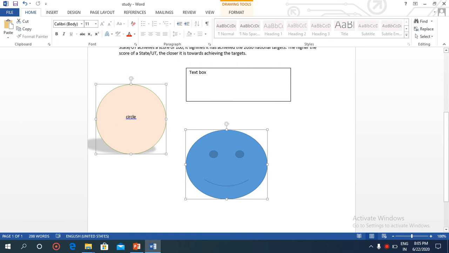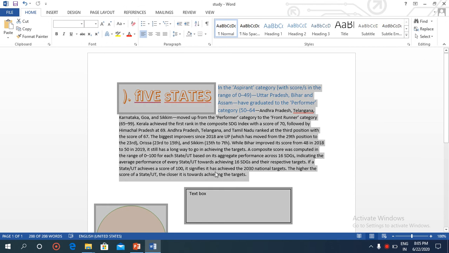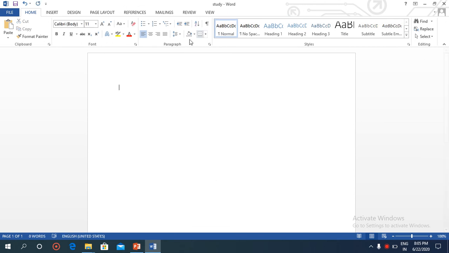So now we are going with the next topic, that is smart art. Let's clear the images from here, so that we can understand the proper things very easily. Now the screen is clear. So what is a smart art actually? Smart art is a way of creating a visual presentation of facts and information. With the help of smart art, you can make your text more interesting. So this procedure is used for that.